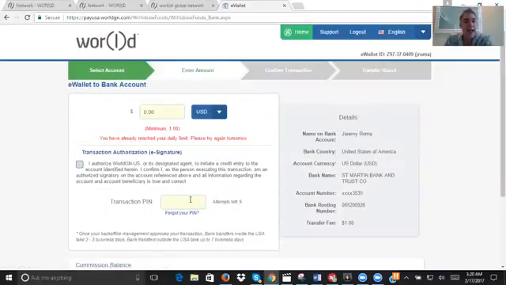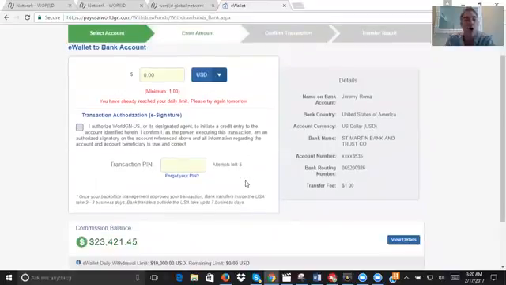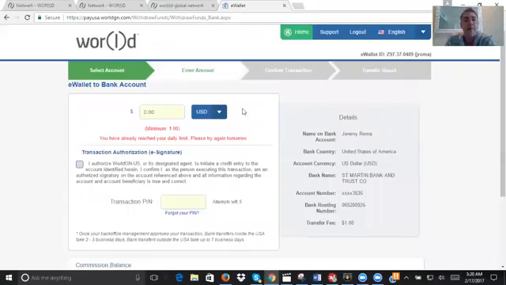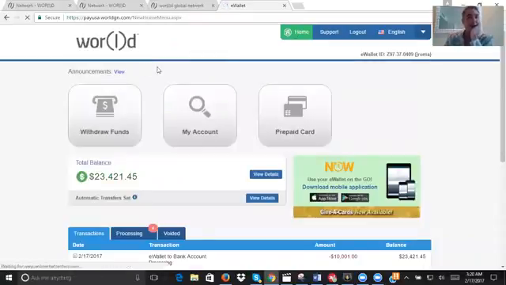You'll click authorize, and then here is where you'll put in your PIN number. When you're setting up your account in the initial setup process, you're going to create a numerical PIN number that will be required every time you make a withdrawal, so that they can see that it's actually you making that request. So very simple to make the withdrawals. Come back here to home. If you click on my account,